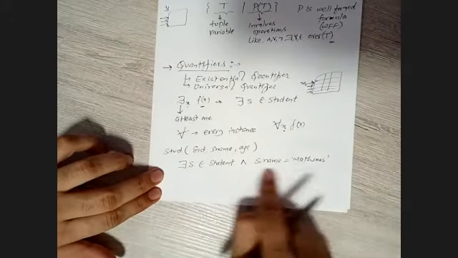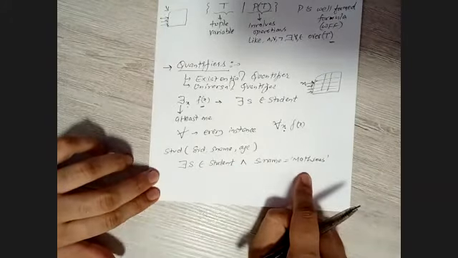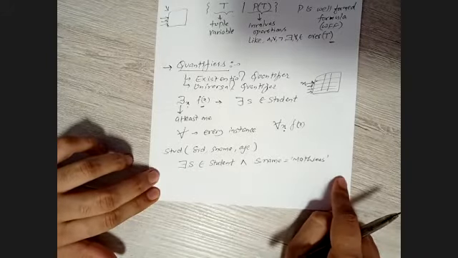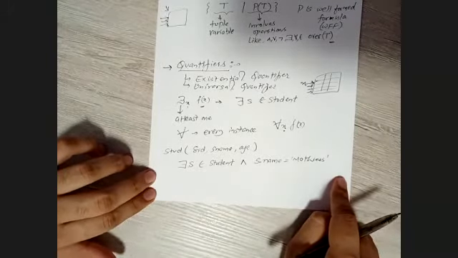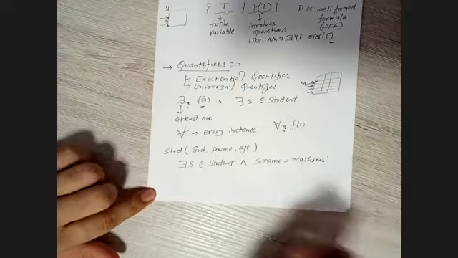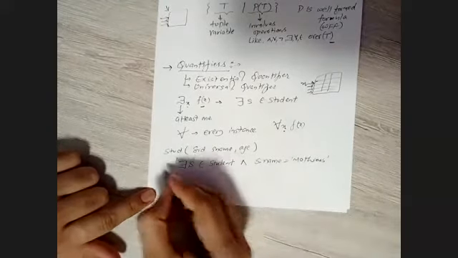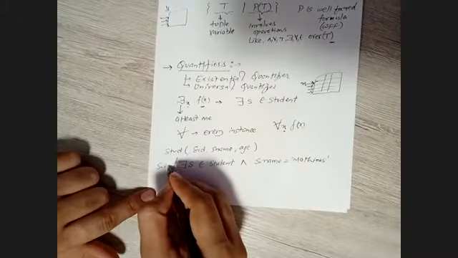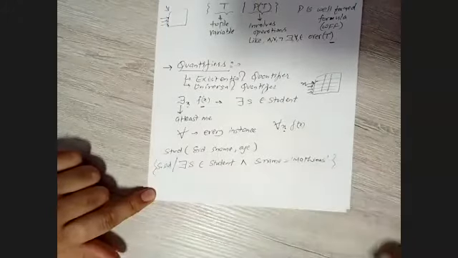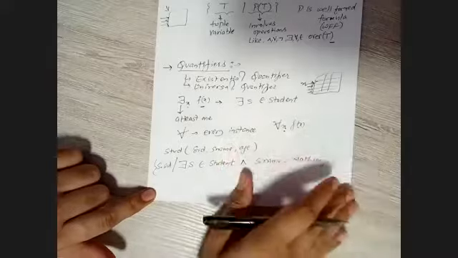Probably you may or may not know, but this is what we have from our TRC query. This is my complete formula, and what I want is s dot, let's say, sid. In this way you can form it. But before that we will understand this in depth, and let's first understand more about existential and universal quantifiers.